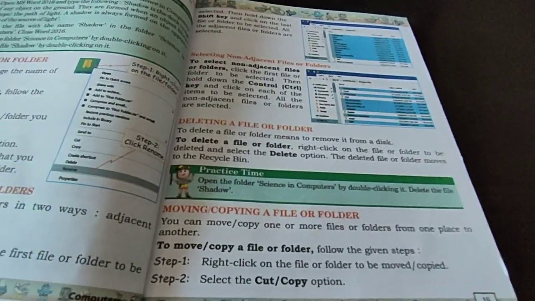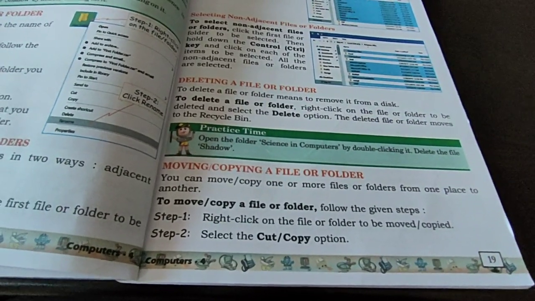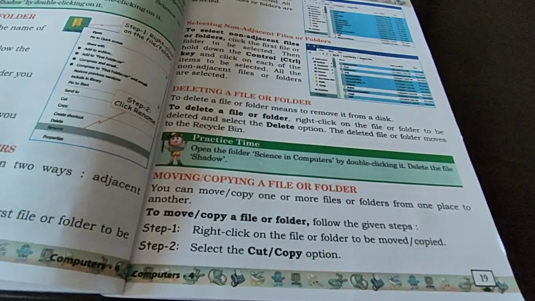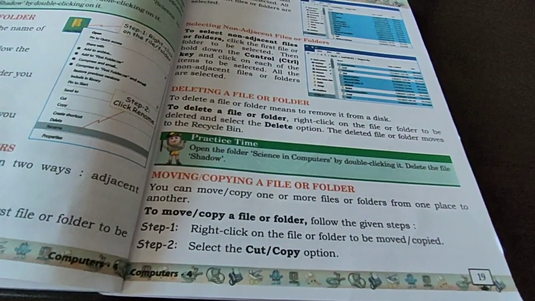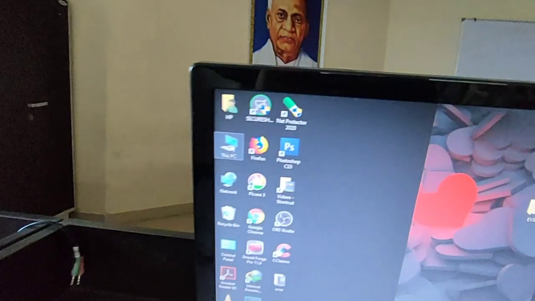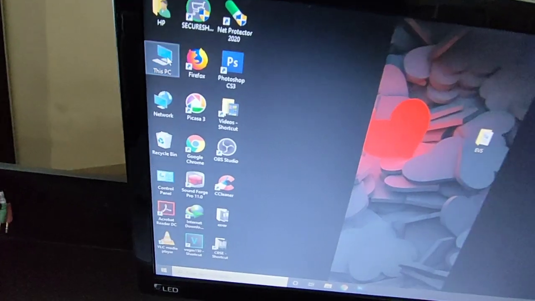So for moving your file and folder, you need to follow certain steps. Step 1, right click on the file or folder to be moved or copied. Suppose I am using This PC and click it.